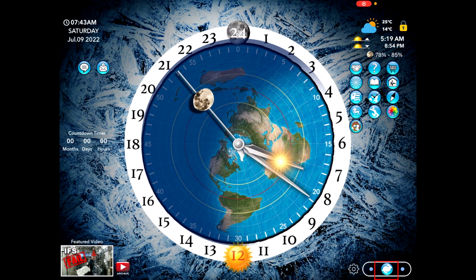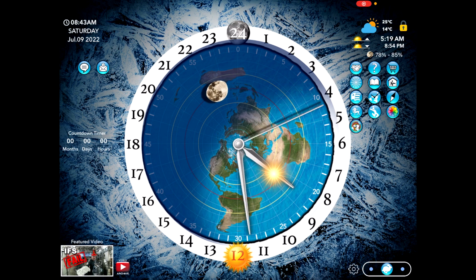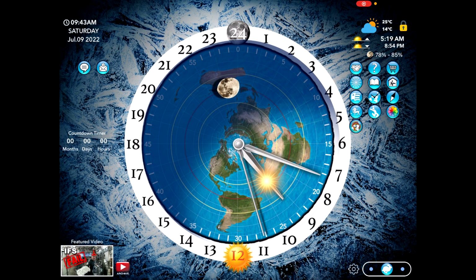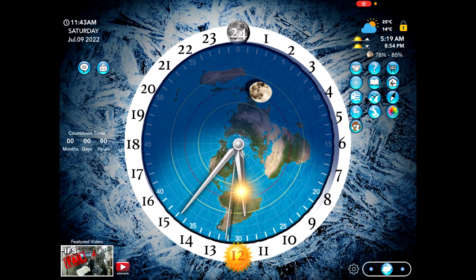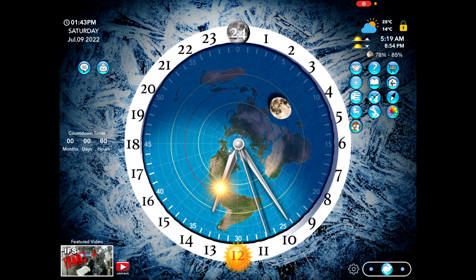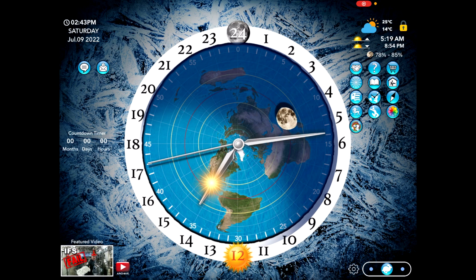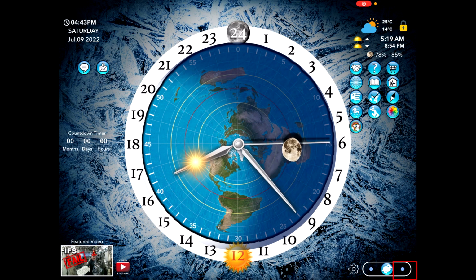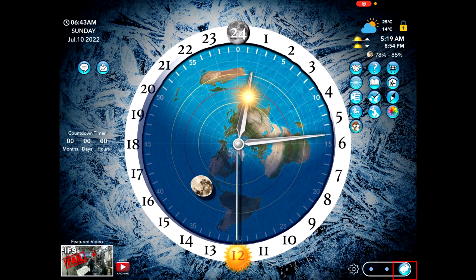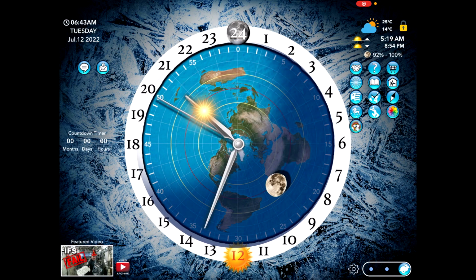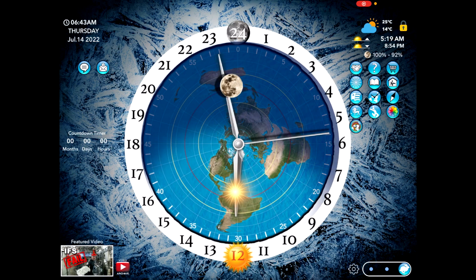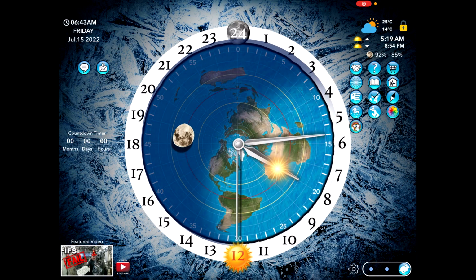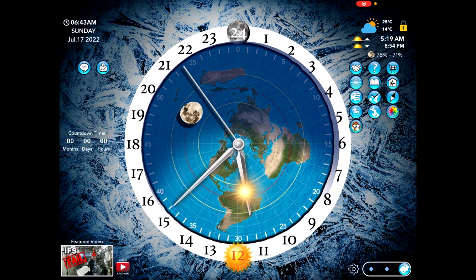If I click on the middle button, it goes into a slightly faster mode, and basically all it means is that 1 hour's worth is worth about 4 seconds of animation. If I click on the next one, it goes even faster than that. And what I did was I recorded an entire year's worth of animation at this speed, and I took my